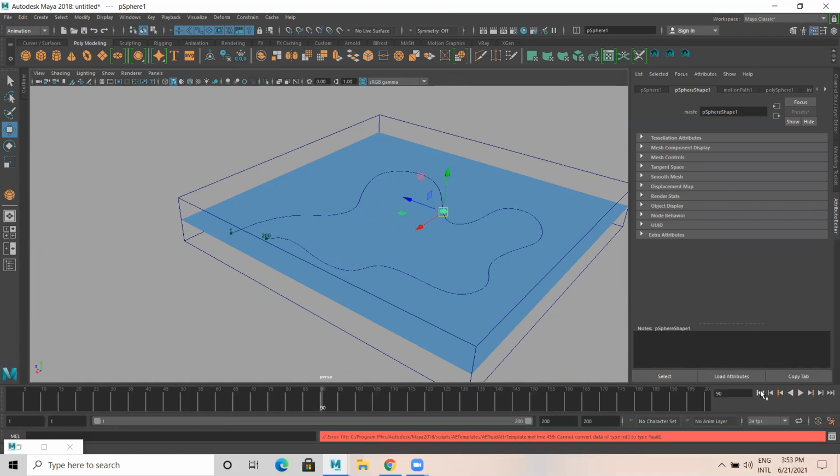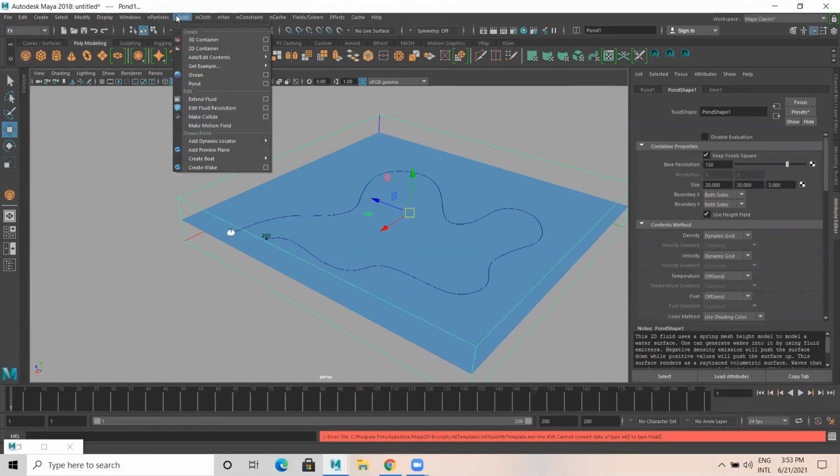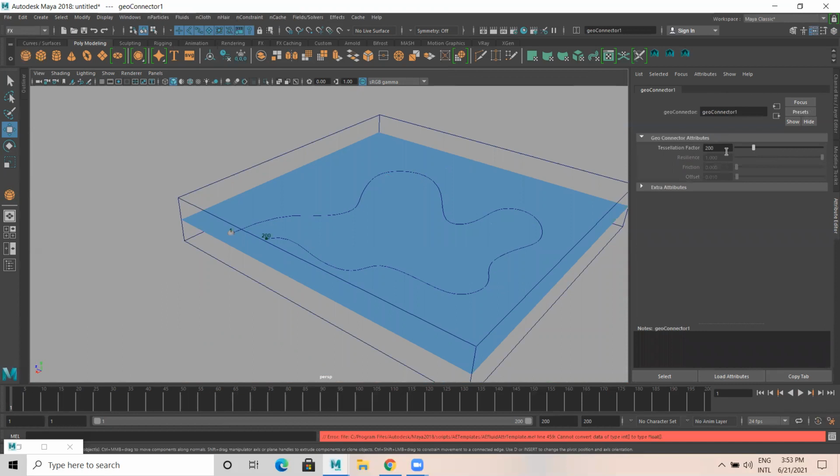Okay. So now what I'll do, I select the sphere and I select this fluid container. I'll go to FX, fluids, make collide. Okay. Quality I increase to 1000.